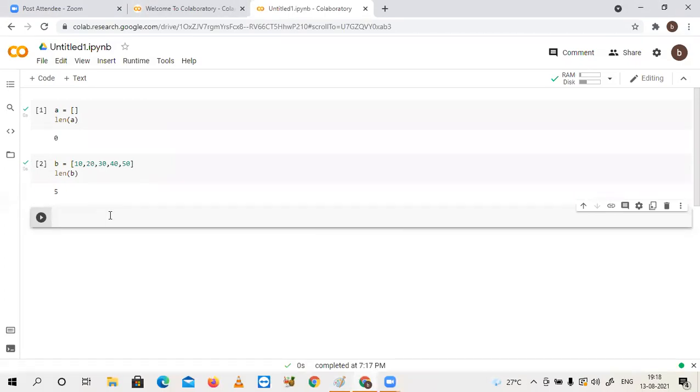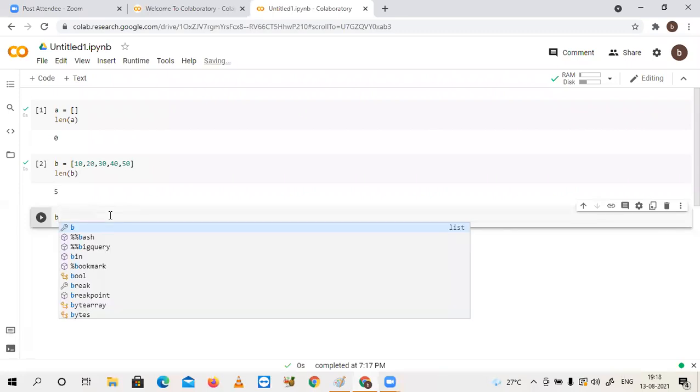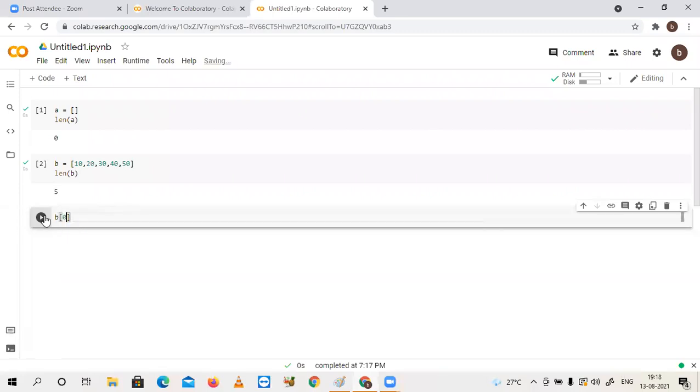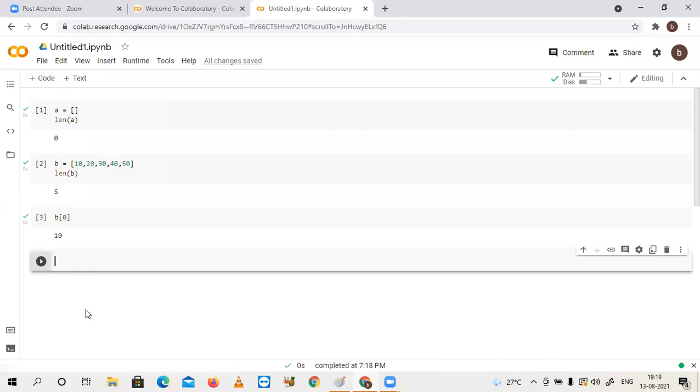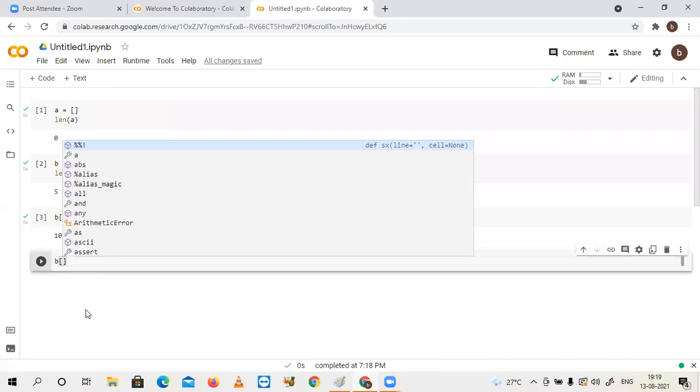I want the first one: B of 0. The first value is 10. I want the third one, which is 30. What is the index number for the third one? B of 2.